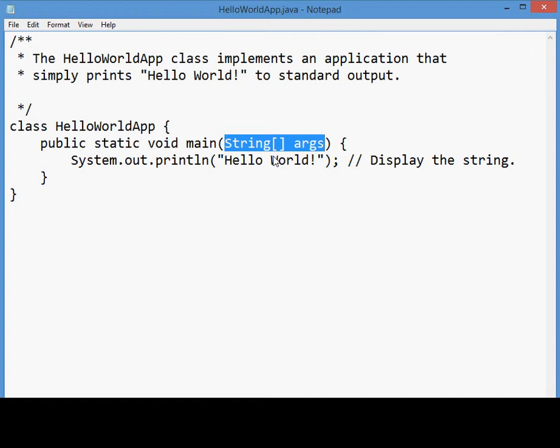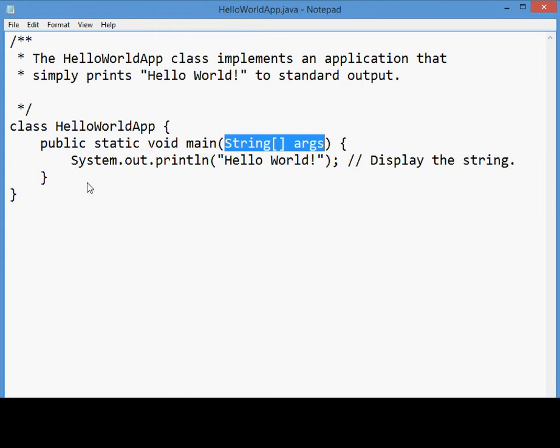Void means it doesn't return anything, and so on. But for our purpose, we are simply using this to compile the program through the Java compiler. We'll come back to what these all mean and how to write a more functional program later on in these classes.